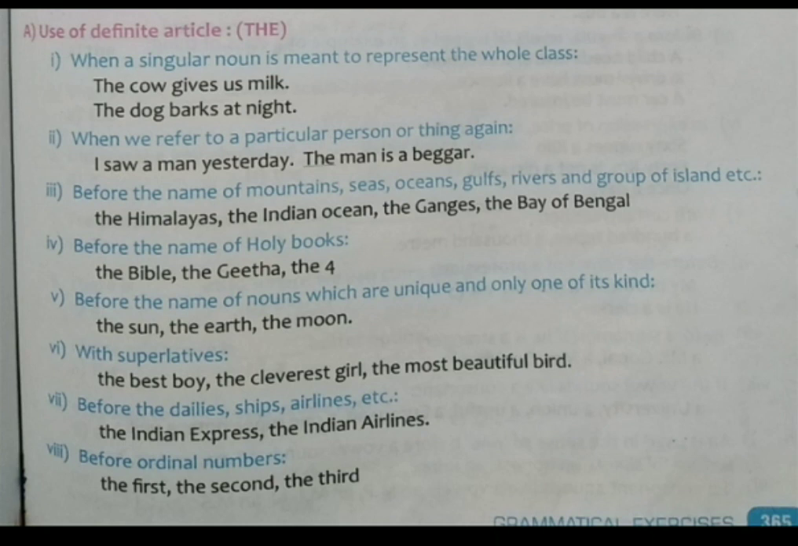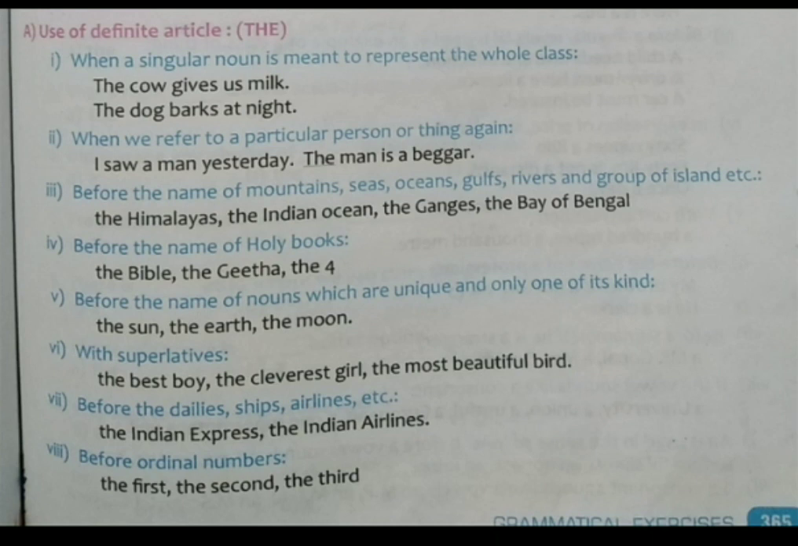Then fourth one, before the names of holy books. Holy book, you know, is it? For Christians, Bible. So you have to say the Bible. Okay. So for Muslims, Quran. How do you have to say? The Quran. Okay. For Hindus, Bhagavad Gita. The Bhagavad Gita. Okay. Understand, children? So the Bible, the Gita, the Quran. Okay. Whatever it may be, whenever you are mentioning any holy books, you have to use the definite article the